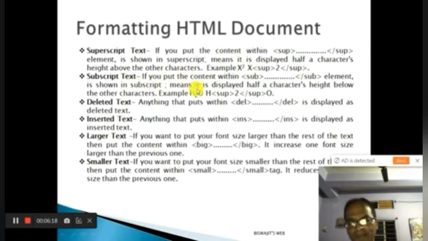Similarly, in subscript, we can write using the tag SUB and closing SUB. Similarly, we have deleted text, inserted text, large text and smaller text.